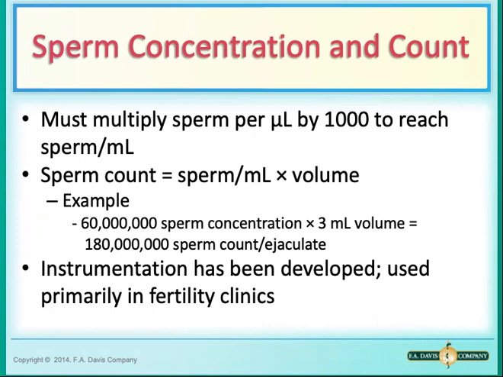So here, instead of 3, it's 4 ml. You take the number of sperm counted times 1 million, so that would be 60 times 1 million. It gives you 60 million sperm per milliliter. And then you multiply that number by the volume, which in this case would be 3. That would give you 180